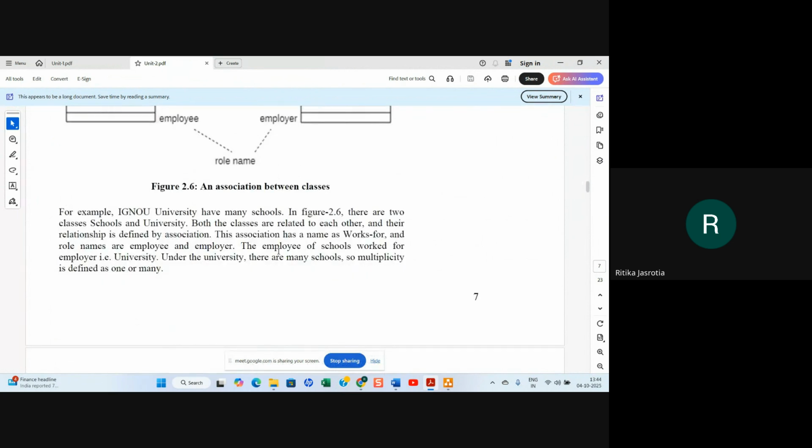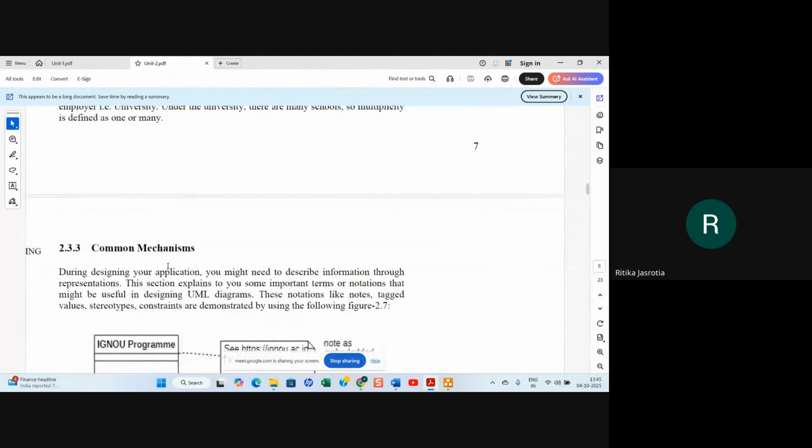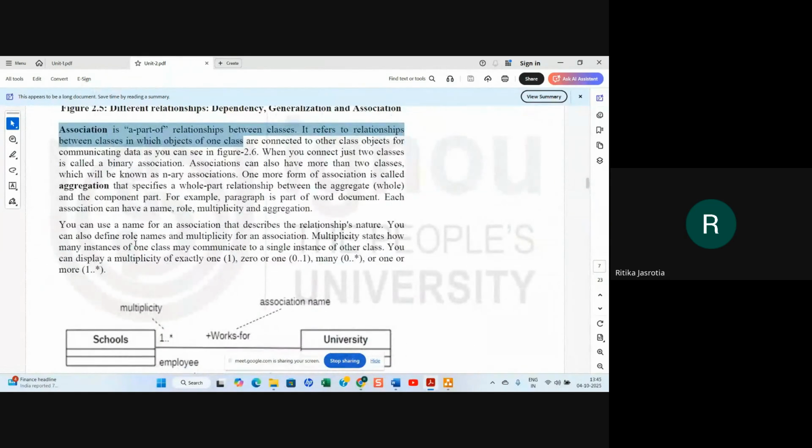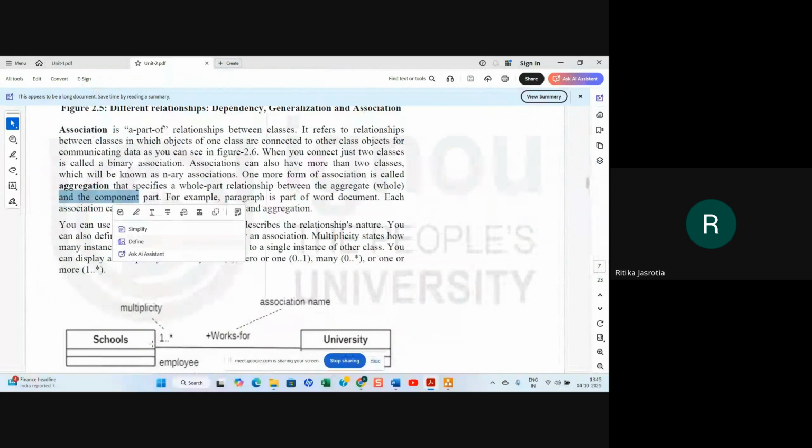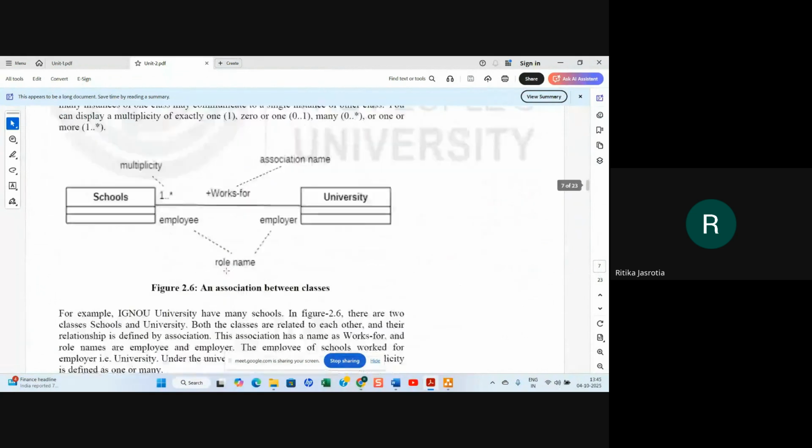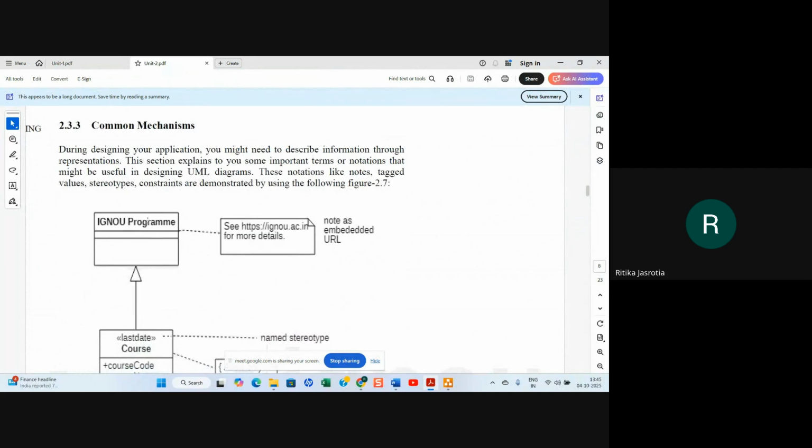Just an example: a university has many schools. There are two classes, schools and university. Both the classes are related to each other. You can also have aggregation, part of relationship. Then you will have a diamond, which we'll talk about, right?